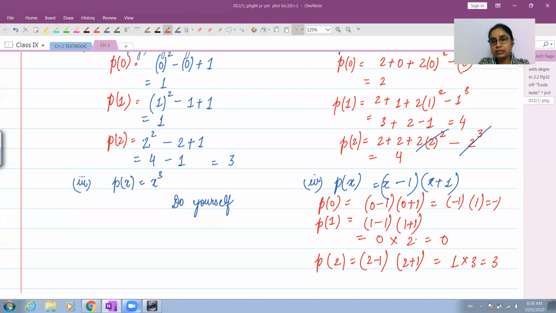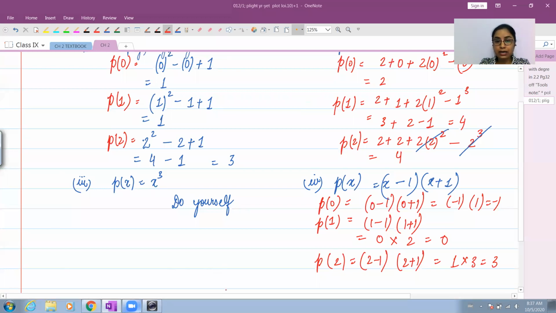If your polynomial has products like this, and you want to find P(0), that means you want to find the value of your polynomial by replacing x by 0. So wherever you see x in your expression, just replace it by 0. Doesn't matter whether there is one bracket, two brackets, multiple brackets, or just one expression as such. If you simplify and then solve, the answers will be the same. If you solve without simplifying, even then you'll get the same answers.